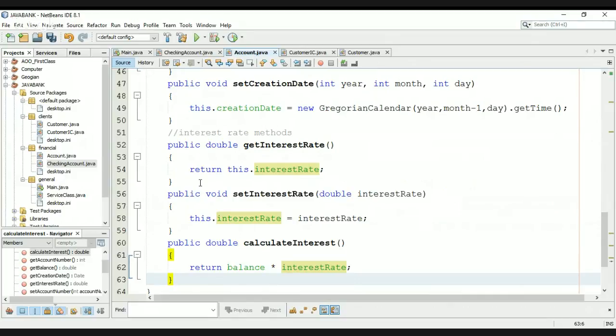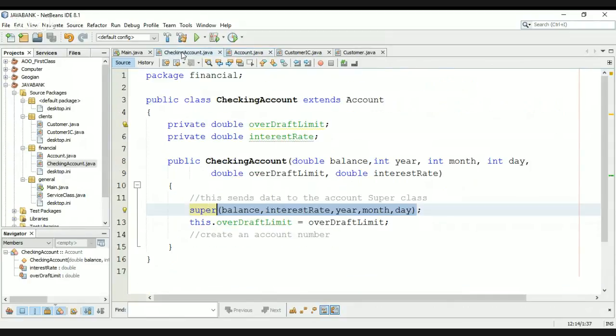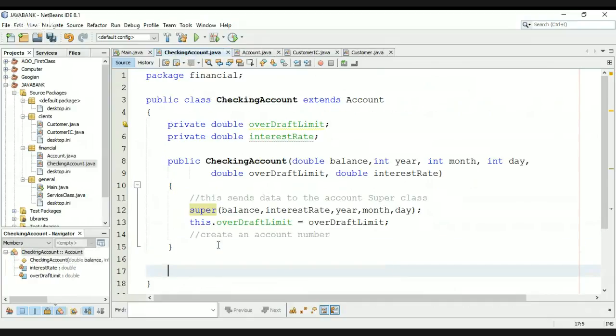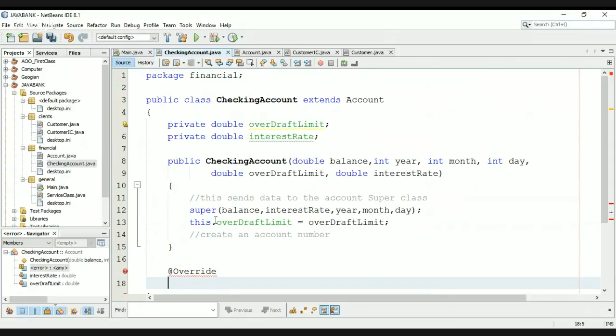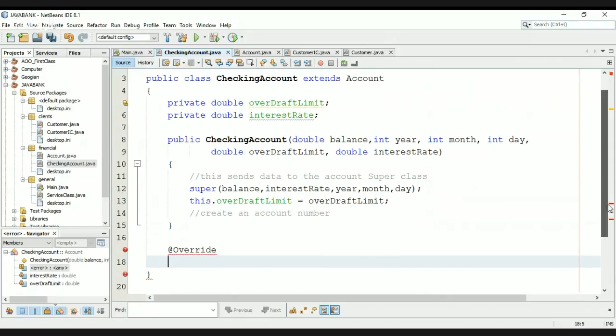So at this point in our Account class, we have a calculateInterest, which is generic. What I want to do in my CheckingAccount is create an override. What you do is you use an @ sign and go Override with a capital O. @Override, and what am I overriding? Public double